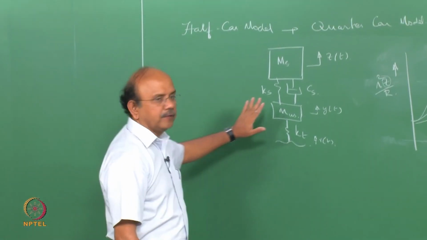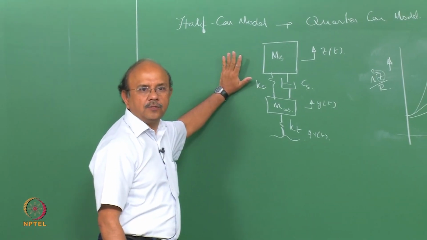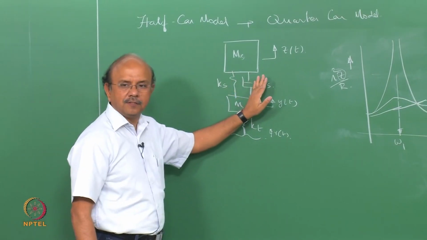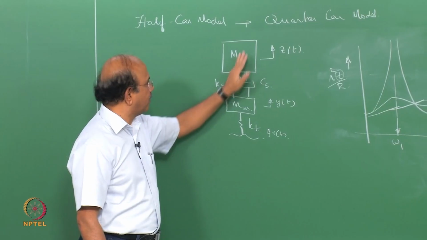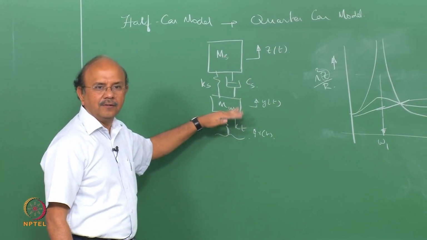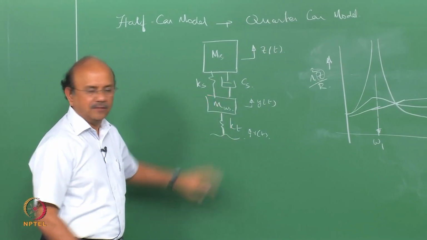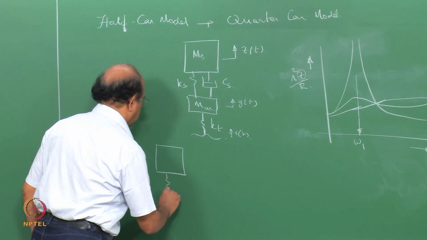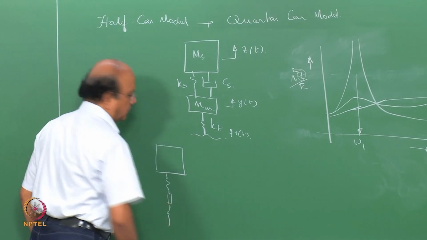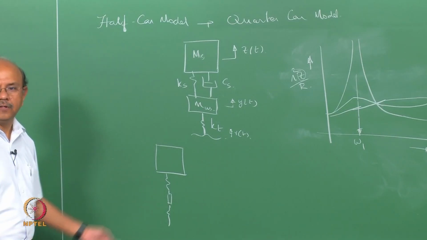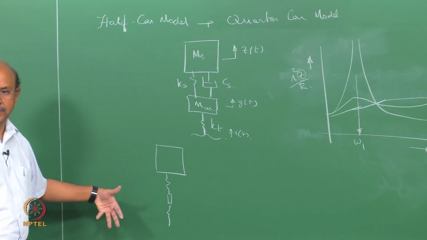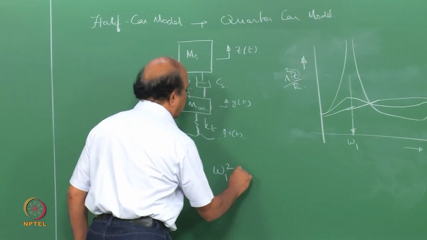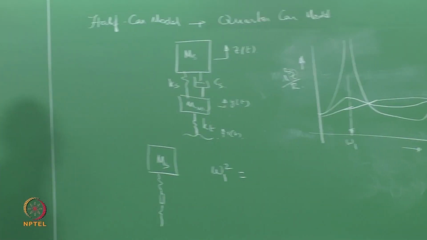The first is with respect to the body. Since it's an undamped system, I'm going to remove the damper, and this mass is greater than that one, so I can neglect it. So I can actually look at it as if there is a small mass here, and two springs in series with a mass ms, so that omega 1 squared is written as